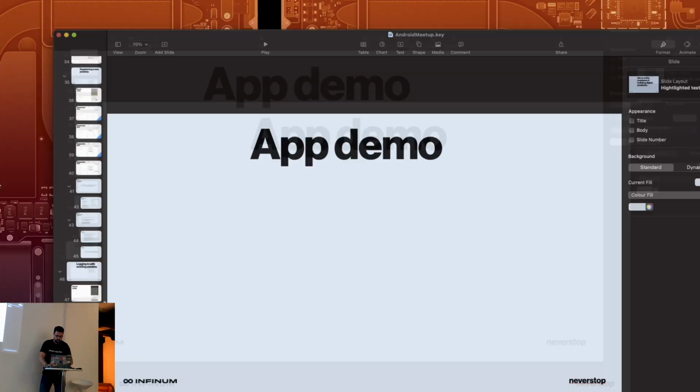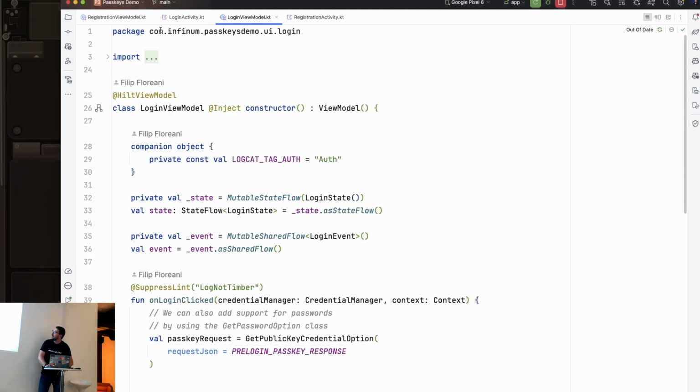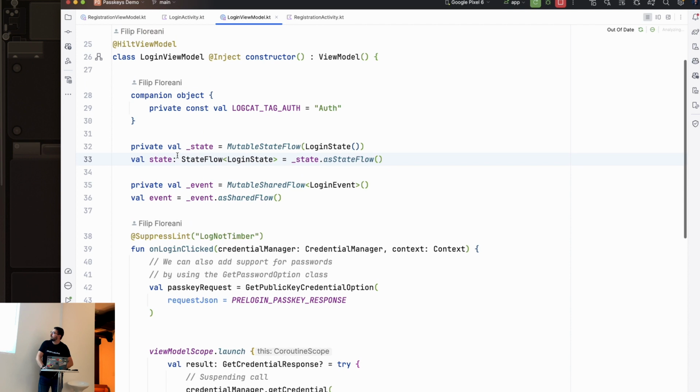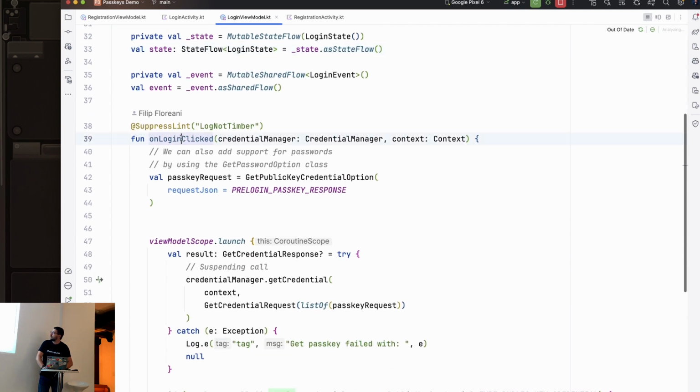All right, where we are. Cool. So I made just a quick demo with a login example. So here, when the user clicks login, we have a method get public key credential option.